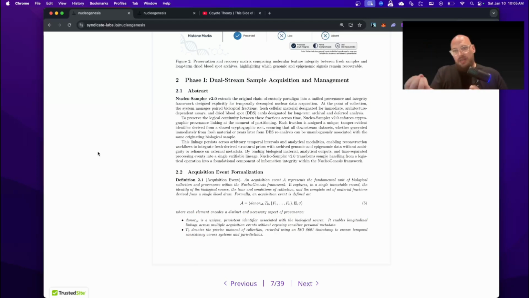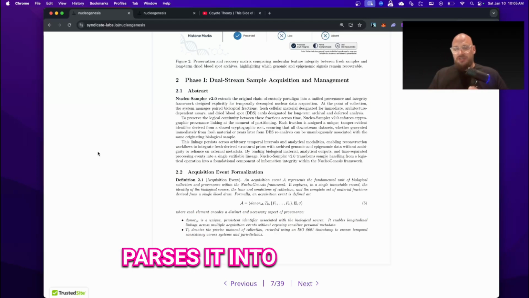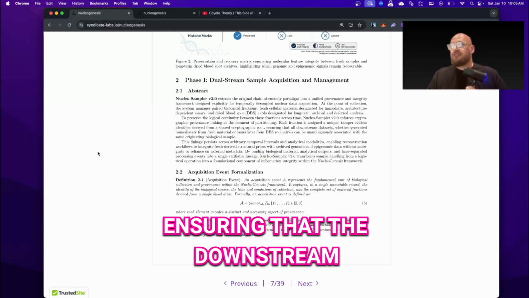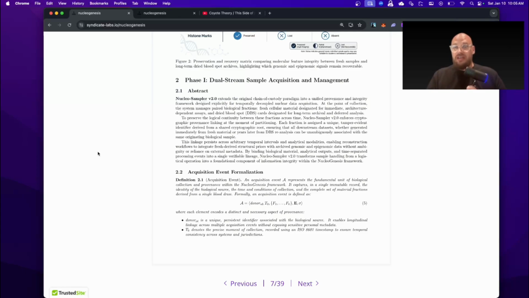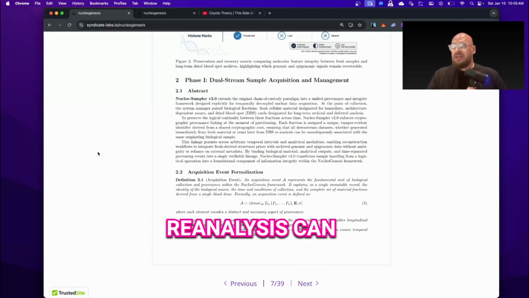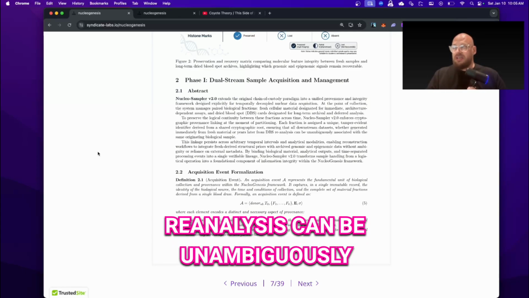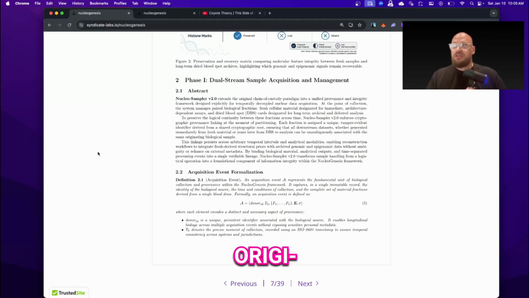So you've got the main sample, and it parses it into two fractions, ensuring that the downstream data set, whether generated immediately from fresh material or years later from the DBS reanalysis, can be unambiguously associated with the same originating